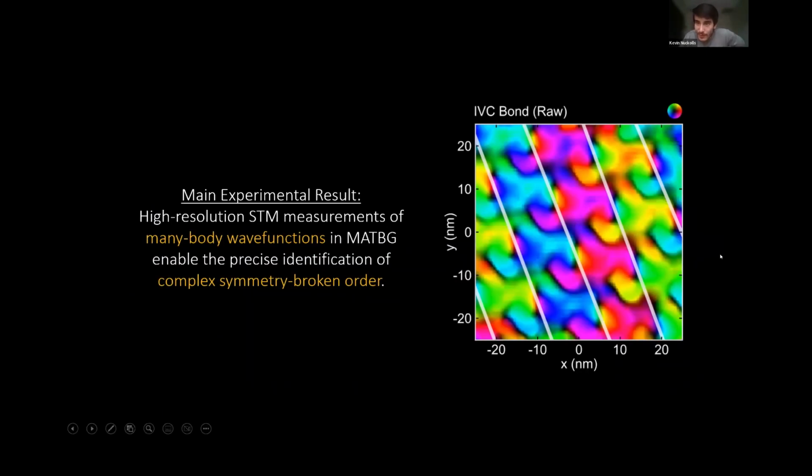So the main experimental result from this paper was that high-resolution STM measurements enable us to image the many-body wave function of magic angle graphene, and images of this wave function tell us precisely what the complex symmetry broken order is in many of these states, with many salient features related to theoretical proposals, particularly at nu equals plus or minus 2. So with these last couple minutes, I want to tell you about some conclusions and outlook from this